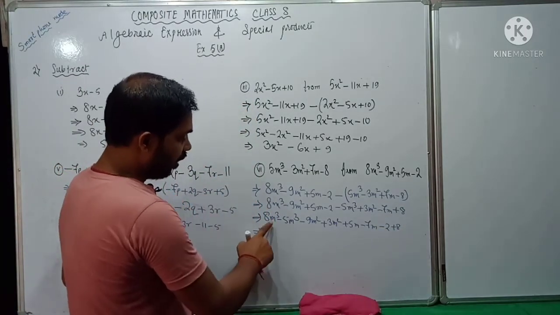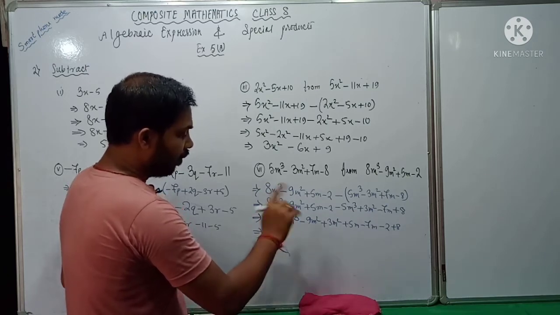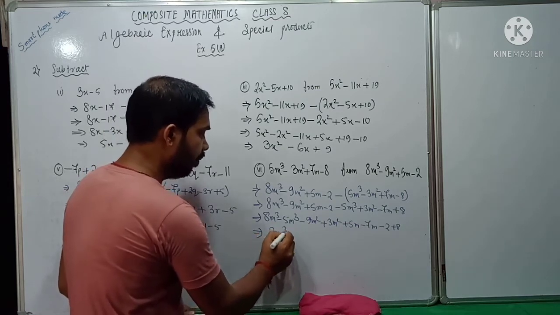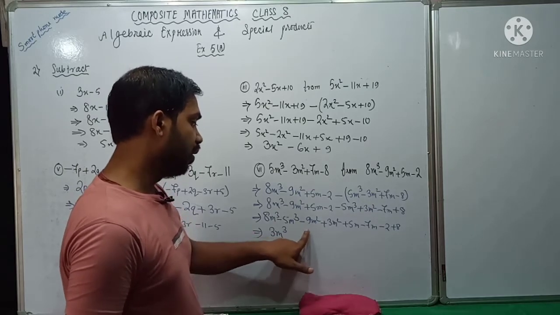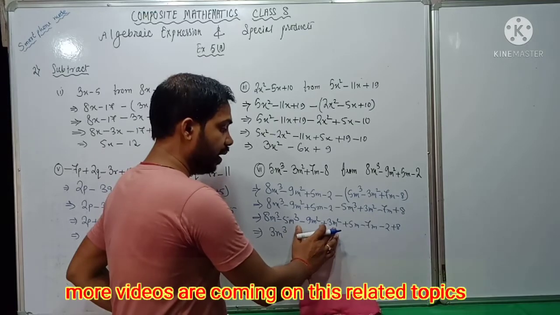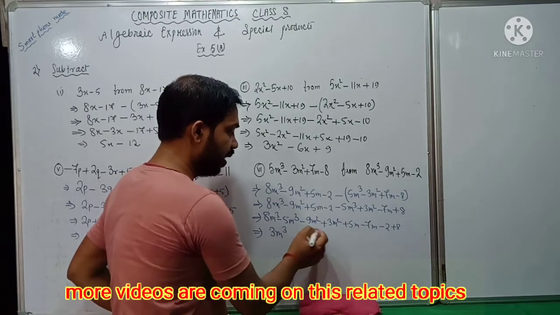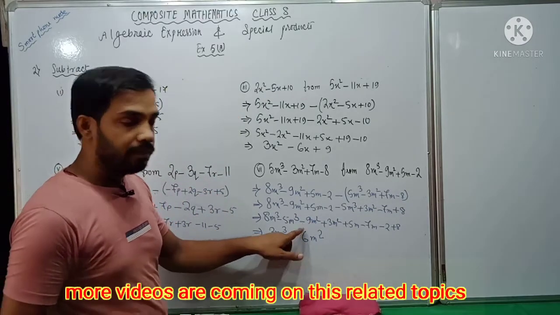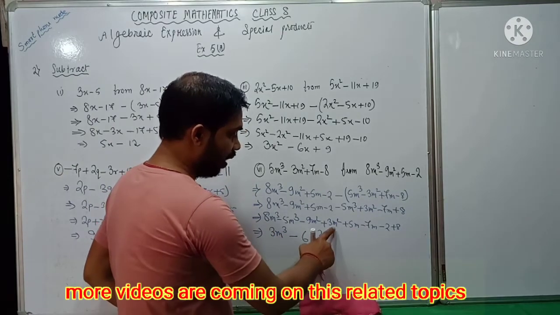So you see, from 8m cube, if you subtract 5m cube, then it will be left with 3m cube. And you see here signs are different. Then what do we have to do? We have to subtract. So from 9m square, if you subtract 3m square, then what will be left? 6m square, but the sign will be that which is with the bigger number. So 9 has minus sign, so it will be minus.